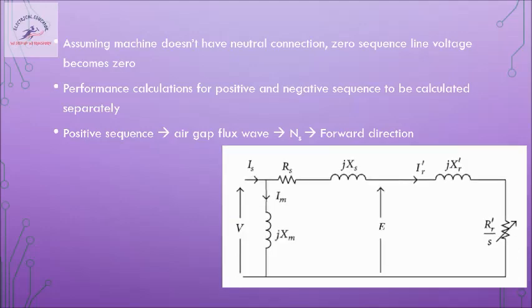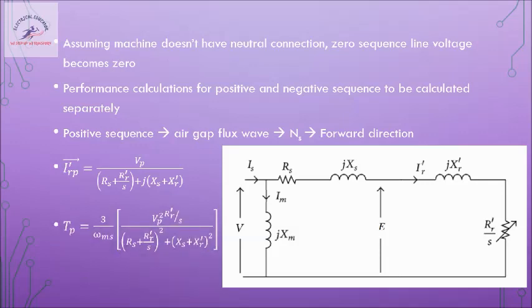So now here is the equivalent circuit which you have seen in the previous video. Same circuit I have retained here. Using this circuit, I am finding out the equations for IR and torque. So instead of IR dash, I am assuming that this source voltage V is a positive sequence voltage. So because of positive sequence voltage, what is the current in the rotor? I am trying to find out. So I have noted it as IR dash P, the positive sequence rotor current per phase.